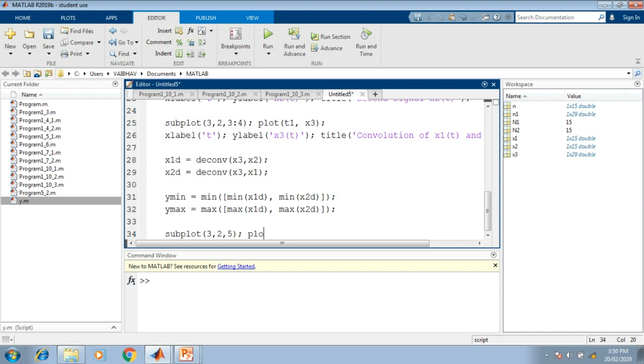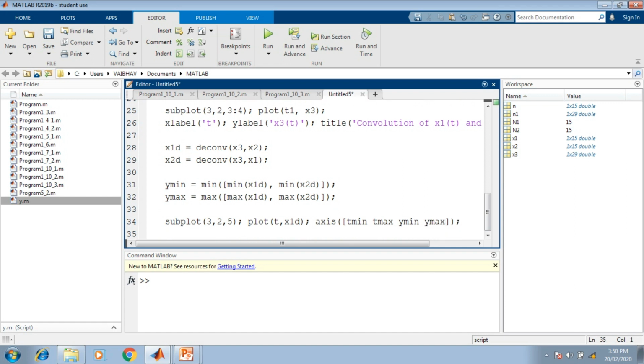Here we can be making the use of plot command here, and it will be having the input t, x1d. Here we can be requiring the axis here. So to the axis we have here t minimum, t maximum, then y minimum, y maximum here. Ending with semicolon here. It's a part of labeling.